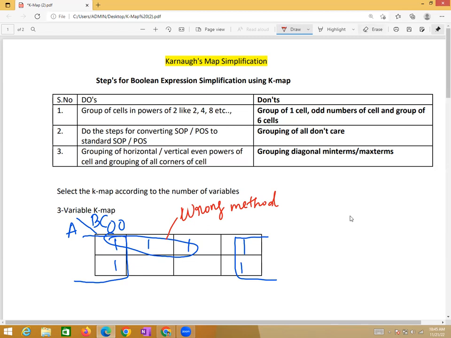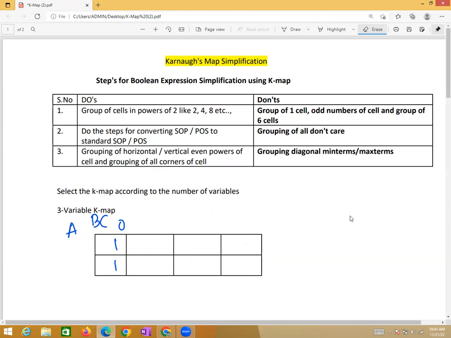And also the grouping of all don't care conditions is not possible in the Karnaugh map. And one more important thing: diagonal grouping of min terms or max terms is also not possible in Karnaugh map simplification. Now directly we need to go for our